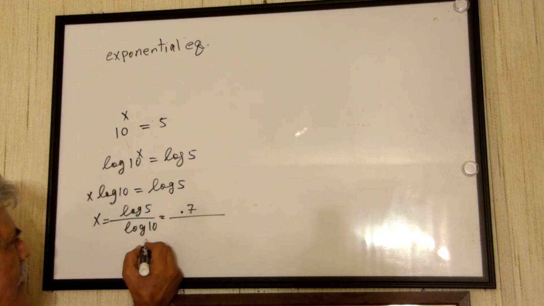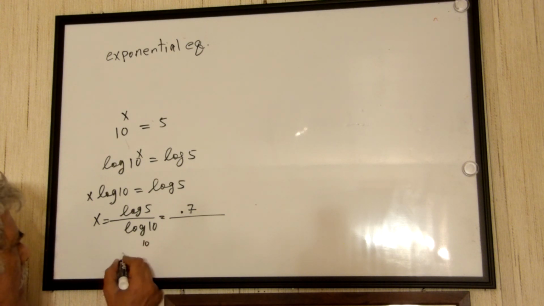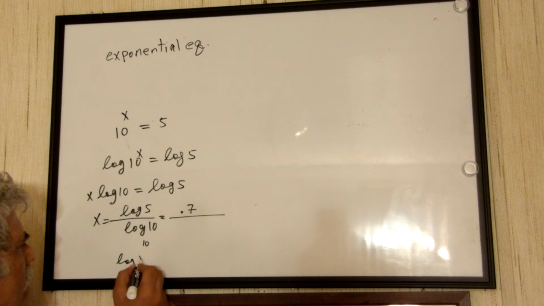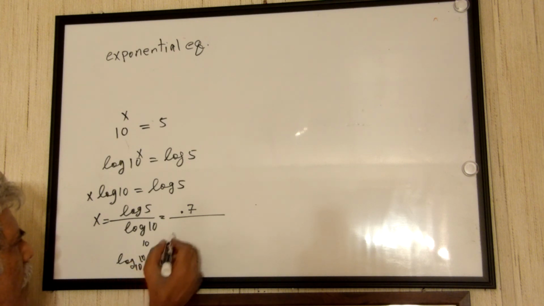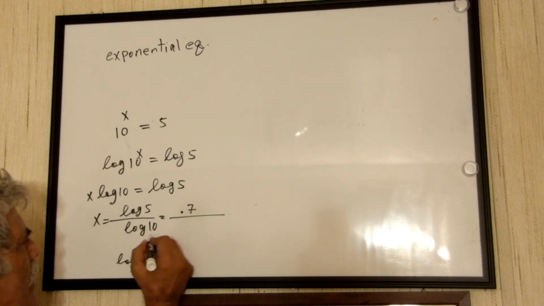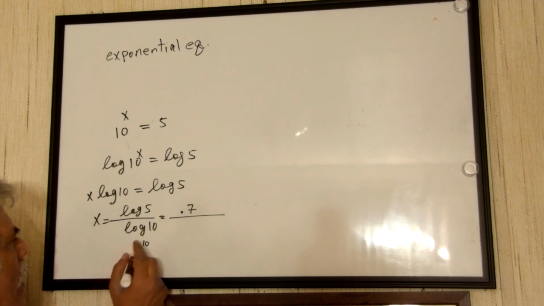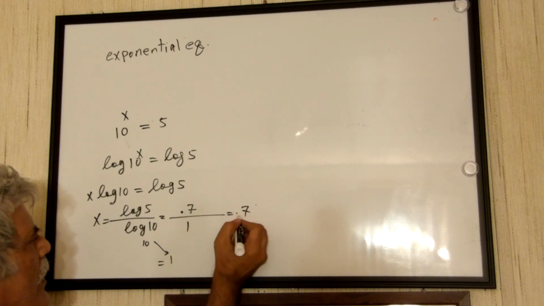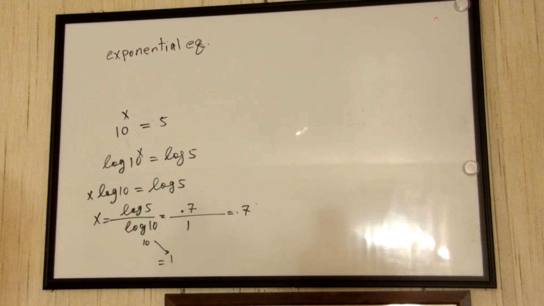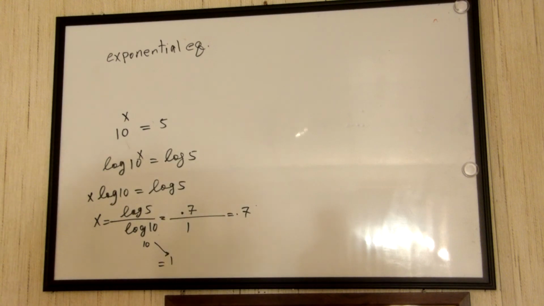And this one is actually log 10. The base is 10. What does that mean? Log 10 is 10 to the power of what to give 10? 10 to the power of 1. So this is going to be equal to 1. So 1 is going to be 0.7. So this way,